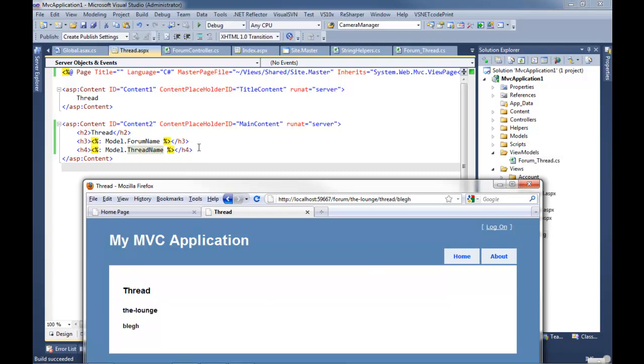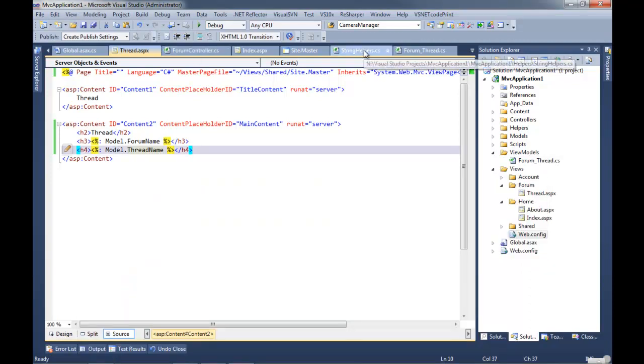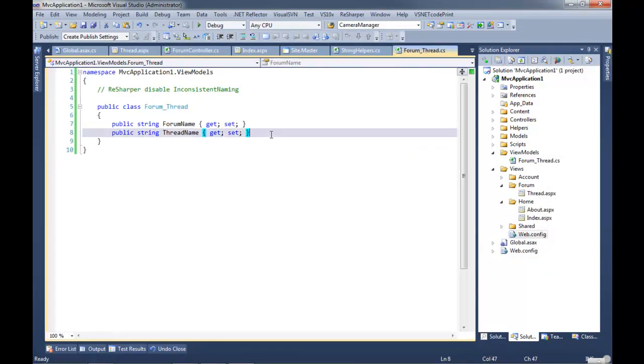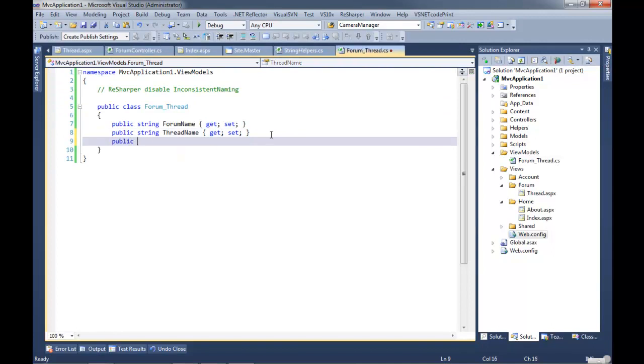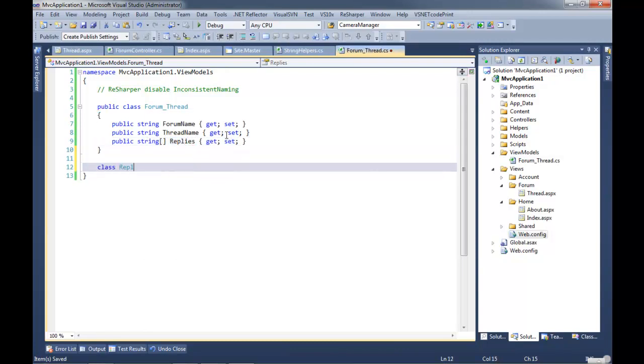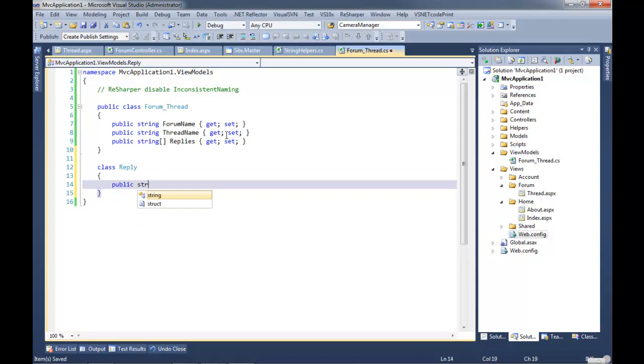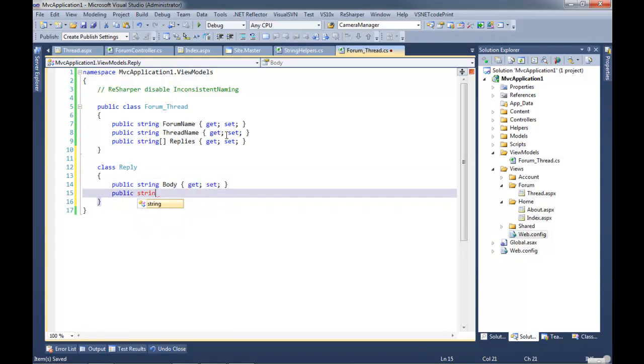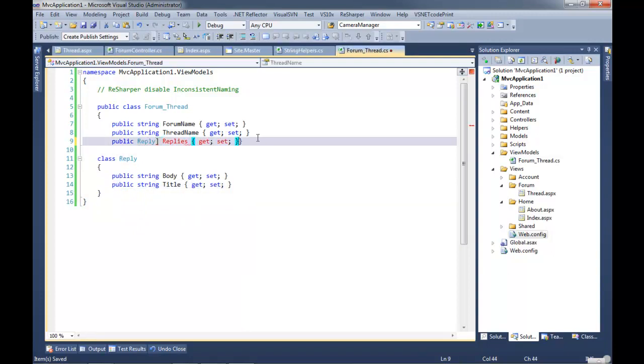Yeah, because backing up to what you said earlier, now we get that form name in. Let's say that instead of a form name, it's a form ID, and instead of a thread name, it's a thread ID, and now we can query that thread ID. The data that we get back, we could then put into our view model, however we want to express that information, and then pump it over to the view to be shown. Yeah, that all makes complete sense.